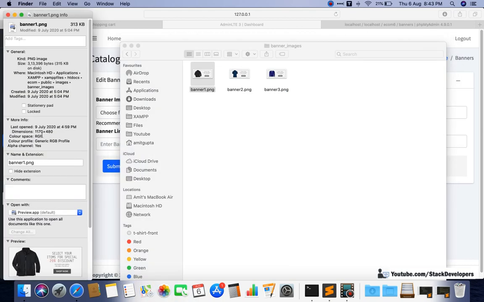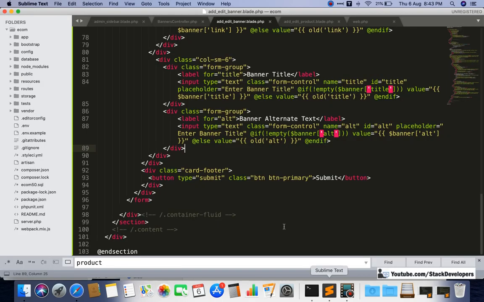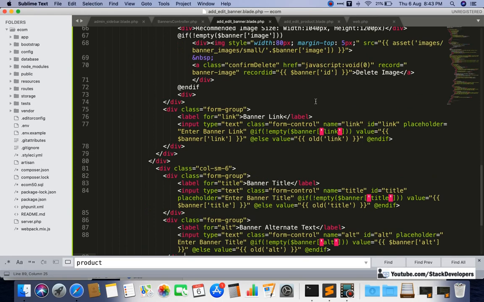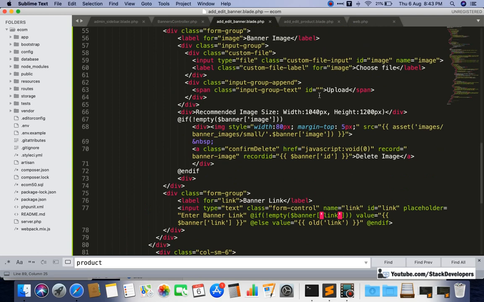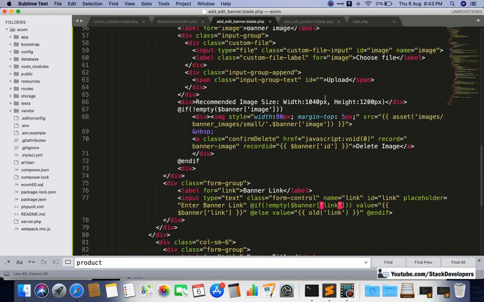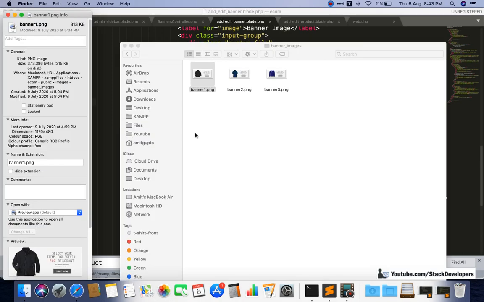The path is 1170 into 480. So the recommended banner size is 1170 into 480. We will mention it here: 1170 into 480. That is fine, perfect size.